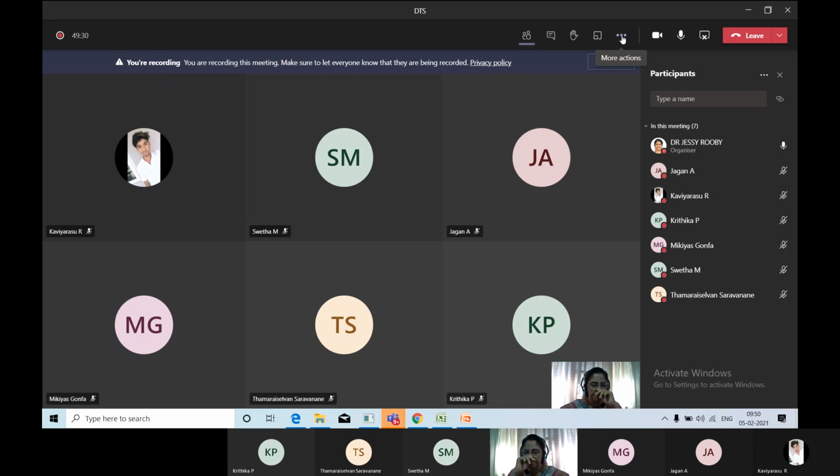Especially the first 3 units, I have explained everything thoroughly, and the 4th unit also. I'll give you a short material on what things you need to prepare for the examination. You can learn accordingly and prepare well. Meanwhile, when you start reading, if you have any doubts, just make a note of them and send them to me. Is that okay?